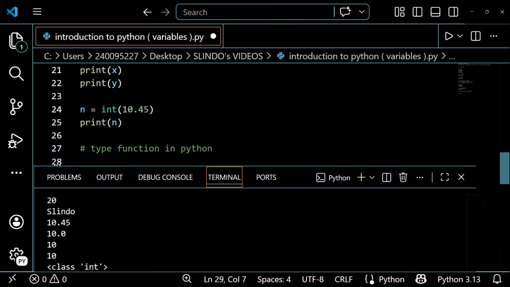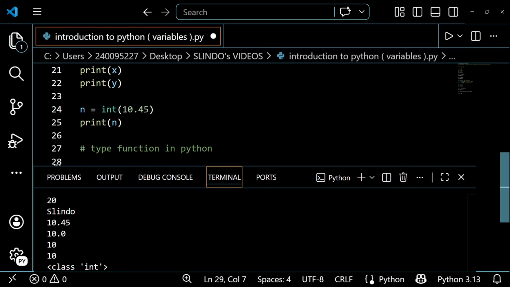Now it says that 10 falls under the class of integers. Wonderful. So now I know that 10 is an integer.